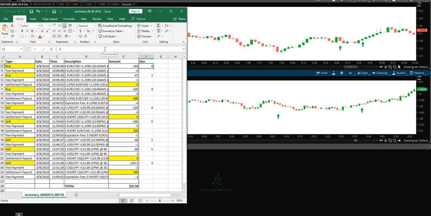Now, I do have a video that goes through just this, on how to manage your size. The amount of contracts you're putting on any particular trade is very, very important when it comes to binaries. Even though I'm looking to make $50 and lose 49, there are going to be times when you will have to adjust your size, and that is going to be a function of several different factors, which I go into more in depth during our live chat.